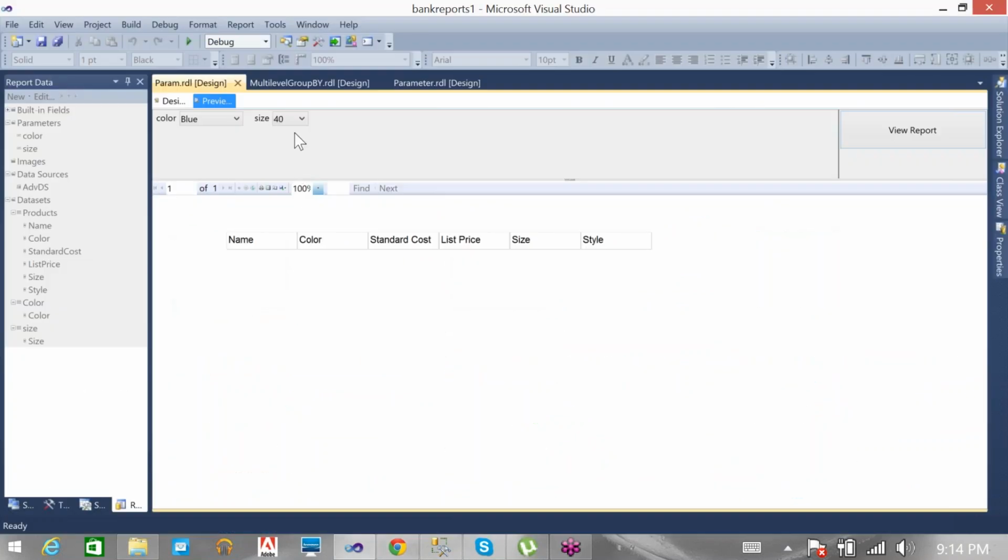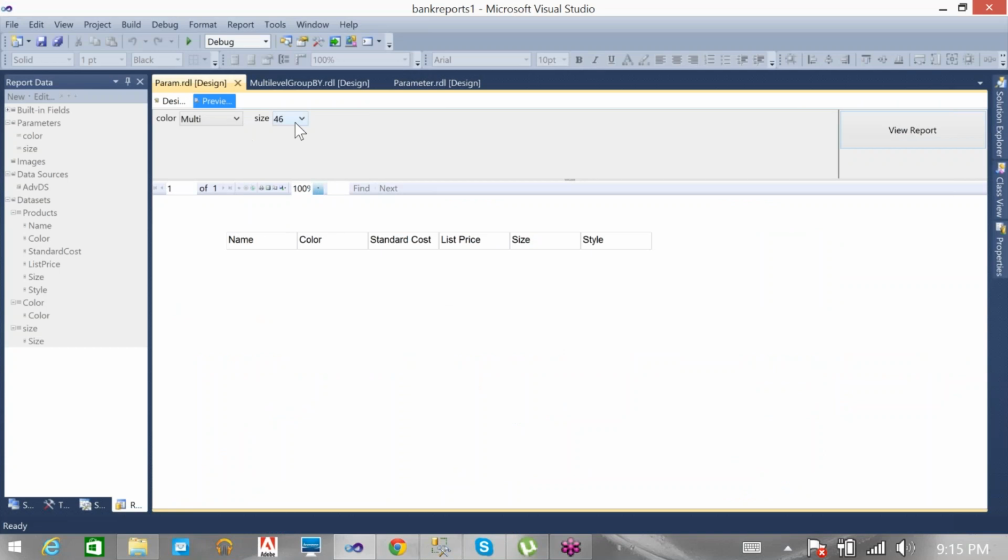Means what? Here also, the people are going to say, okay, if I'm selecting the blue color, then I need to get the sizes which are available for the blue color only. Here I'm displaying all the sizes. If I'm selecting the multicolor, then I need to get only the sizes available in multicolor.